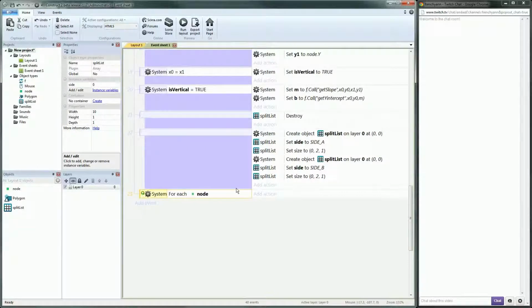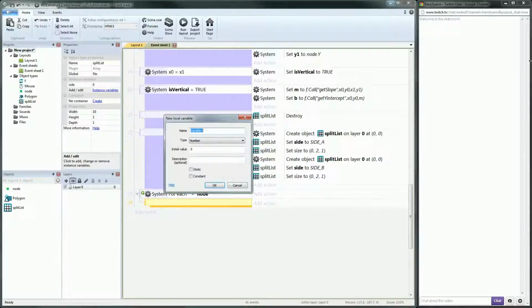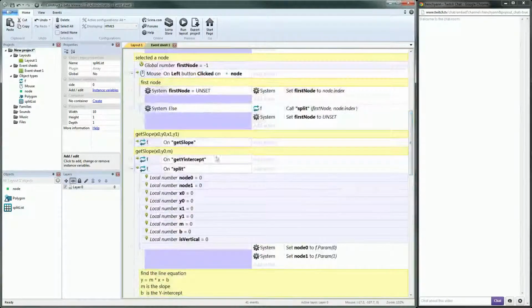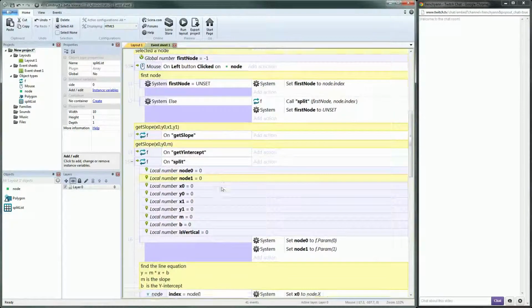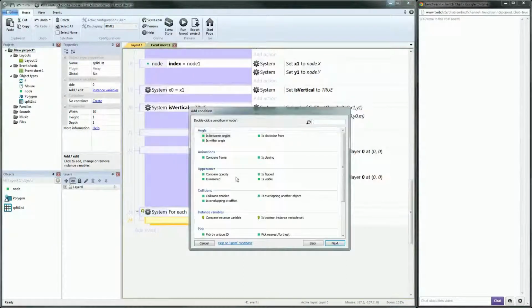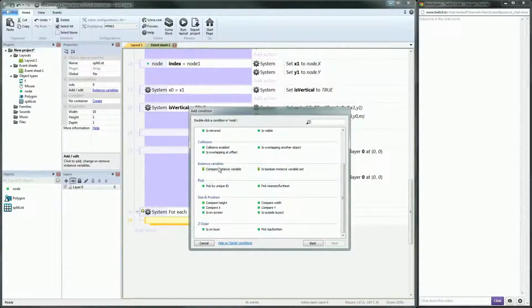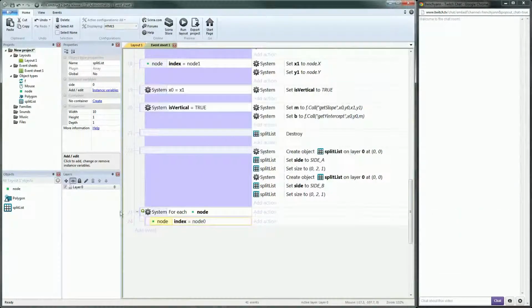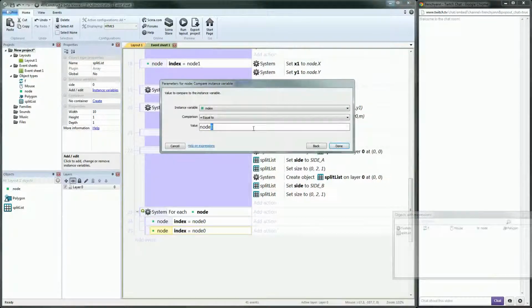First, we have the situation where the node is exactly what has been picked here. So we will have node index equal node 0. We'll have the situation where node index equals node 1,